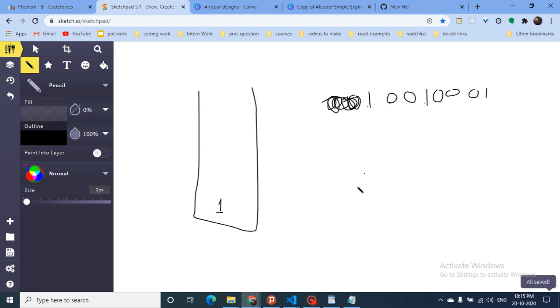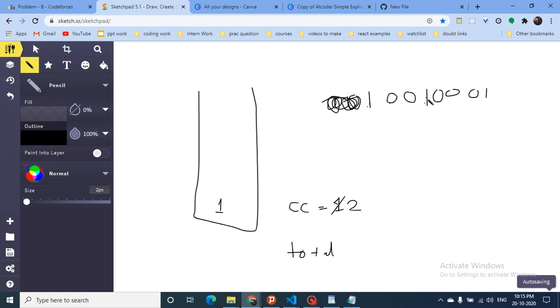Now I have zeros, so I will count the number of zeros somewhere else. Let's assume there is some CC which is counting the zeros, and there is a total, the total number of shifting I have to do. As you can see, first I found a 0, so I will increment this by 1. Then I again found a 0, increment this by 1, which is 2.